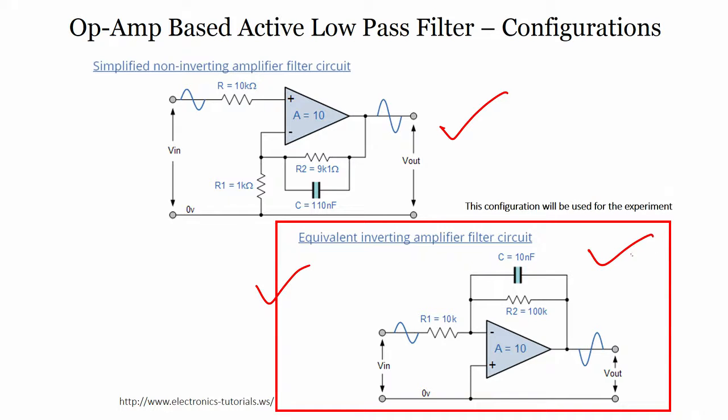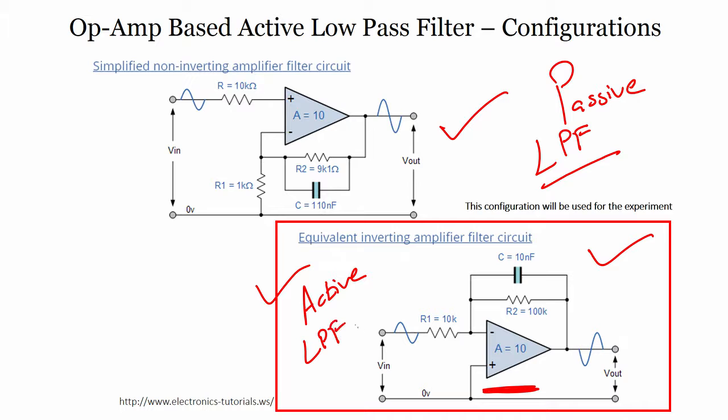But before we use this circuit, which has an active component, the operational amplifier, we have to first understand how a passive RC filter, or passive low pass filter, will work. Then we will see the active low pass filter, which is this one. Okay. So, let us see how we can design it and how we can move forward for the